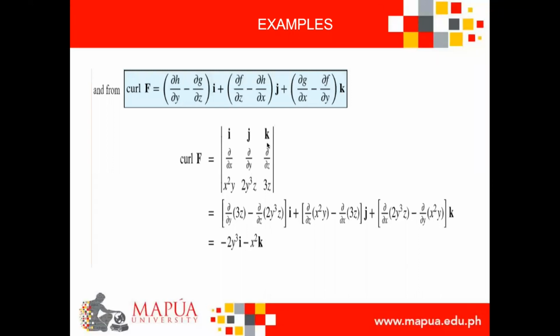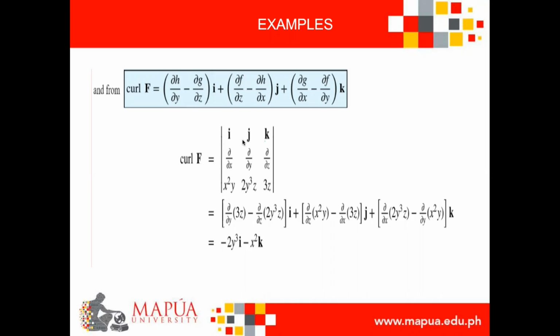I would suggest that you use the matrix rather than this formula, which is of course also obtained from here. So with that, let us use the formula of the curl F of your vector field